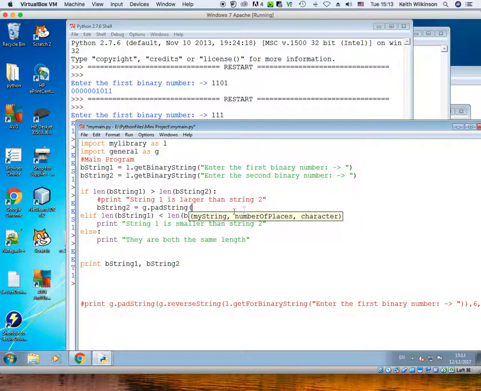So this one needs to be b string 2, and don't forget the result is going to be a new b string 2, so they should be the same size. B string 2, number of places, I'm just going to put n for the time being, and the character that I want to pad with is the 0. So there we have the function call,